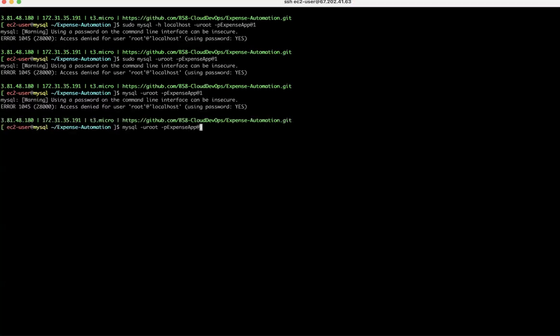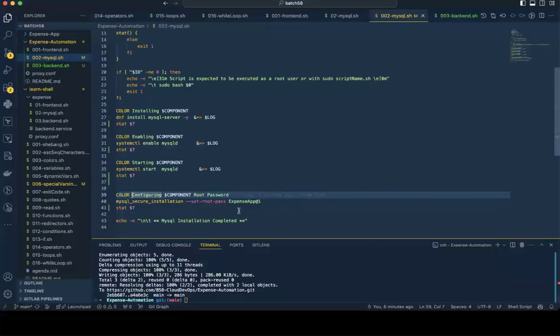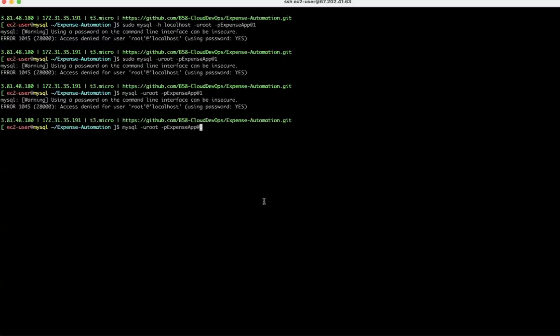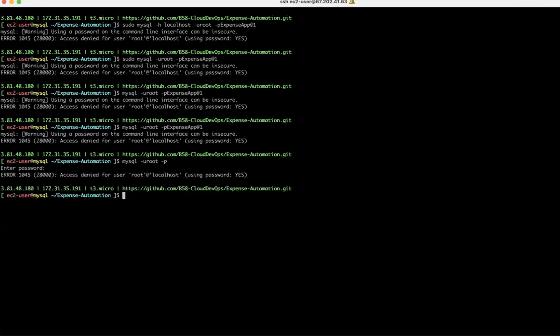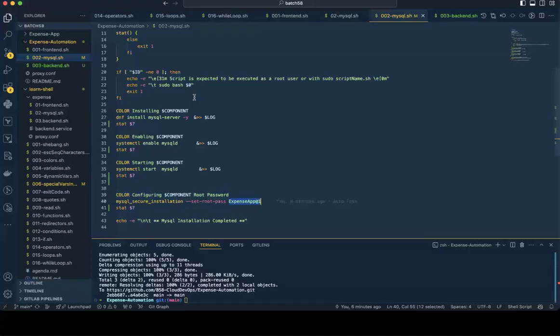Oh, is this the password that I set up through the script? I think sudo we are missing here. Not needed, by the way. Using a password on the command line is not recommended, okay? I know the reason, but through automation, I want to make sure whether it works. Okay, maybe what I can do is,